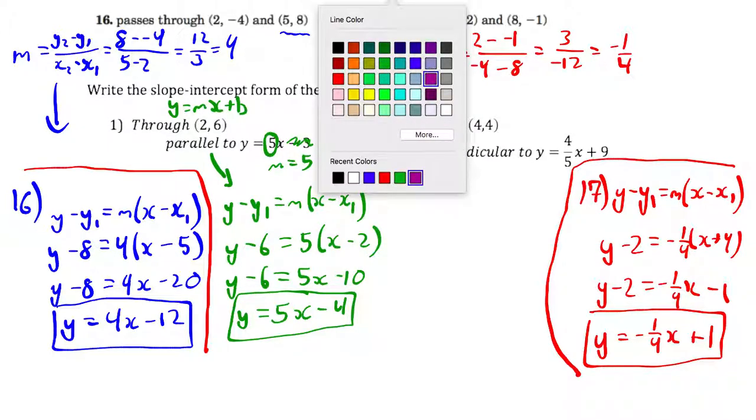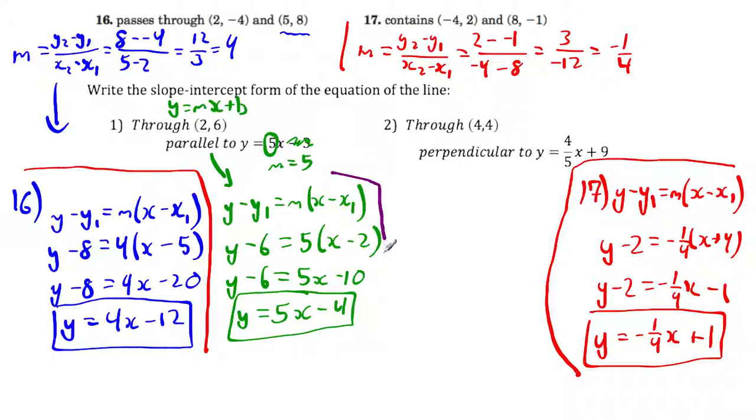Let's do a different color here. So for number 2, it's a little bit different because here this is perpendicular. So m, the slope, is going to be the opposite reciprocal. This slope is positive, so that means this one's going to be negative, and we're going to have this be negative 5/4. So if I do y minus y1 is equal to m times x minus x1,